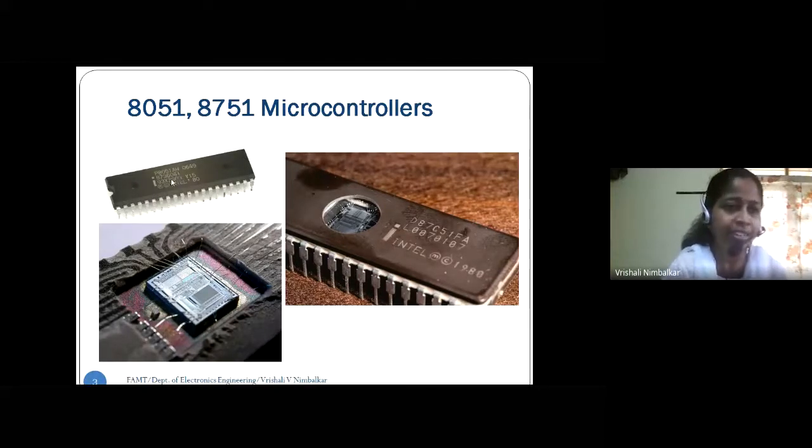No, it's somewhere at the center, right? And see, on the right hand side, I have shown the 8751 microcontroller, correct? The 7 indicates it is UV erasable and programmable. So with the help of UV light, you will erase and program this particular microcontroller. Inside you see that is the chip, fine. And to program, they have kept a glass window. So this is a glass window, and through this glass window, we allow UV rays to fall so as to erase or program the chip.